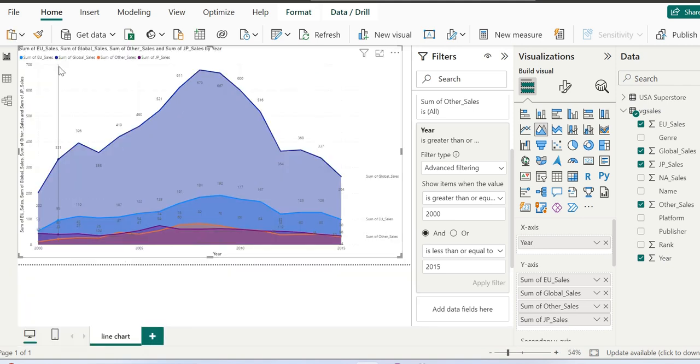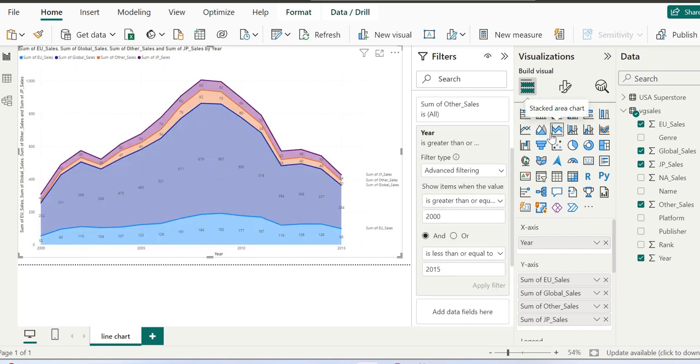Then in the visualizations pane, we click on the little icon for the stacked area chart. In row 2, it's the third icon from the left, and as soon as we choose the stacked area chart, our visualization changes.